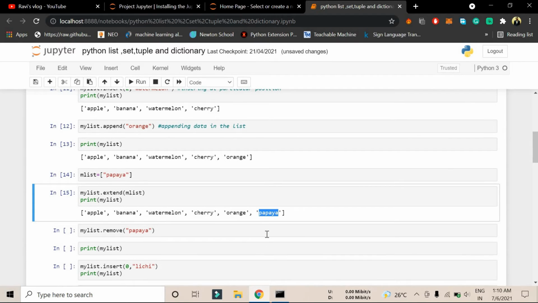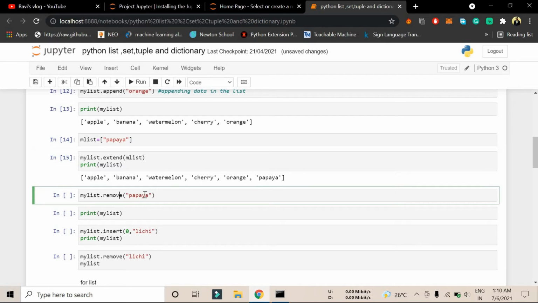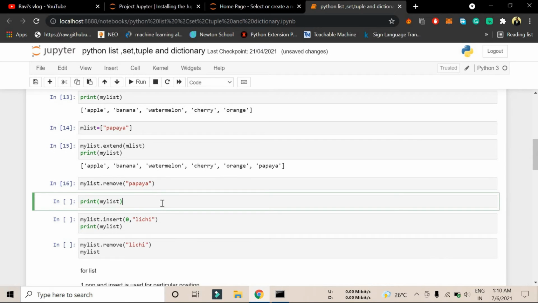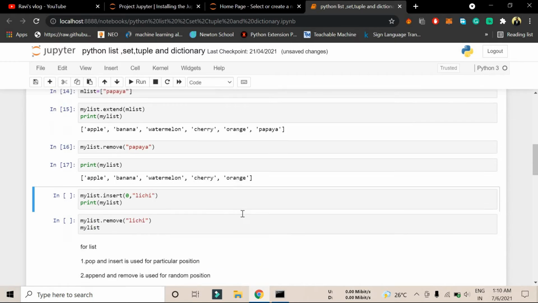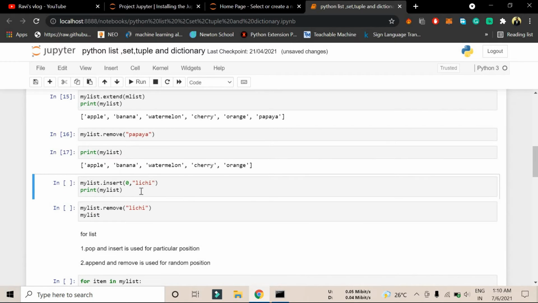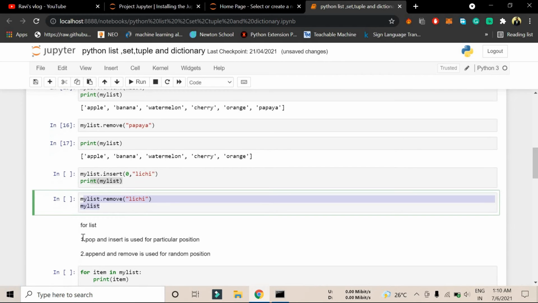For removing anything, you just use the dot remove function. I want to remove papaya from here. Let me run it and print my list again. You can see that we don't have any papaya here. As I have told you, pop and insert functions are used when you want to work at a particular position, and append and remove functions are used for the last position or a random position.